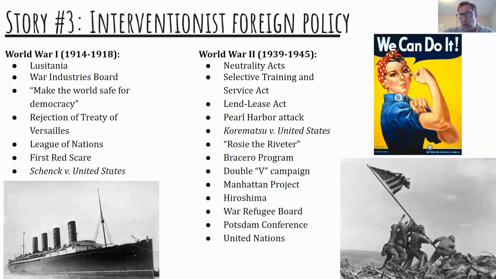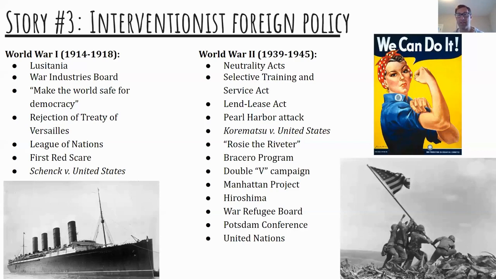So we get involved in World War I for those reasons, but it doesn't go the way that Americans think it does or think it should. The Treaty of Versailles ends up not really representing a lot of what we hoped it would. Woodrow Wilson had gone to Europe with the 14 points, hoping that this would be a blueprint for lasting peace. Most of those 14 points were ignored, and really the League of Nations, which was supposed to be this peace organization created after World War I, was one of the only things that ended up becoming part of the treaty. And even then, a lot of Americans were skeptical of it because they felt that we would lose our autonomy.